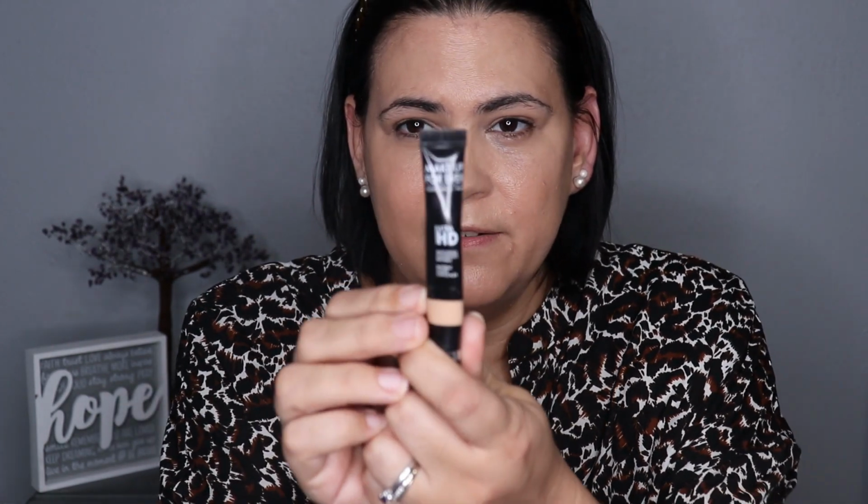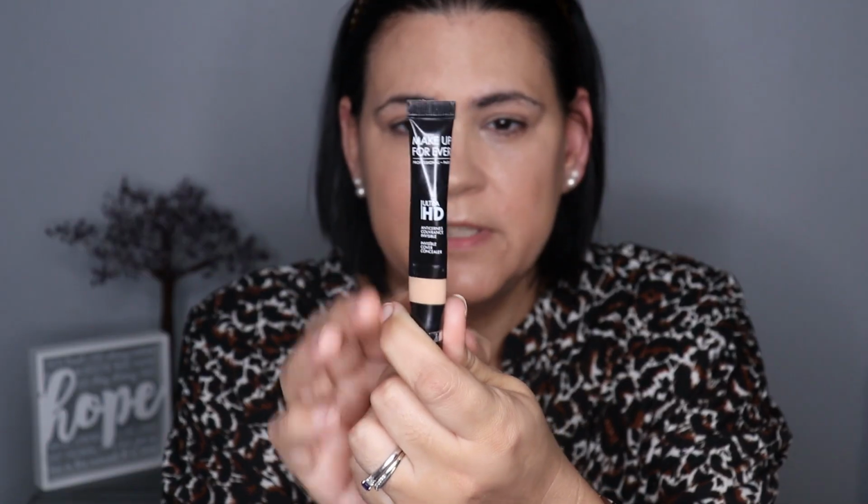If I have more blemishes on my face, or my under eyes are really dark, like right now I'm really tired, so they are kind of dark, I do go in, and I'm going to show you, I do go in with this awesome concealer. This is an awesome concealer. It's the Makeup Forever Ultra HD Invisible Concealer. I wear the shade Y33. I mean, even this, you can use just to kind of spot conceal for your base, it doesn't crease, and it also leaves you with a glowy